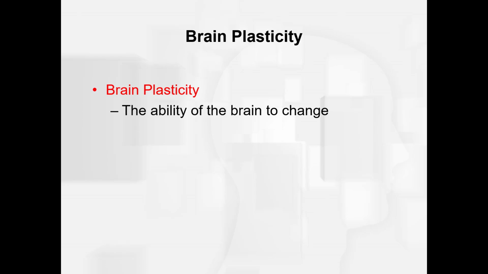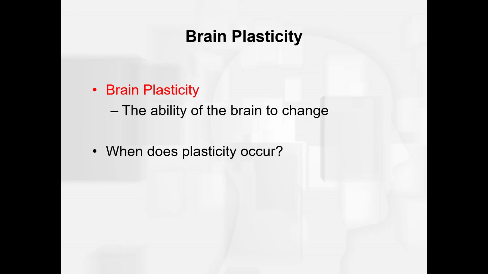In this short video, we'll discuss parts of Chapter 4, Module 3, which covers brain plasticity. So the question is, what is brain plasticity? It's the ability of the brain to change. So our brain has this amazing ability to be plastic and to change in response to certain things. So when does this plasticity response occur?